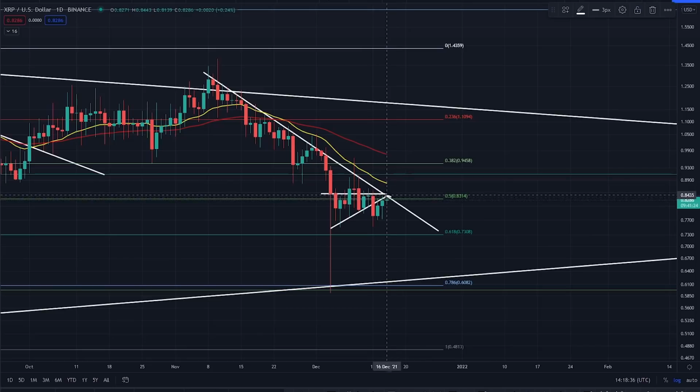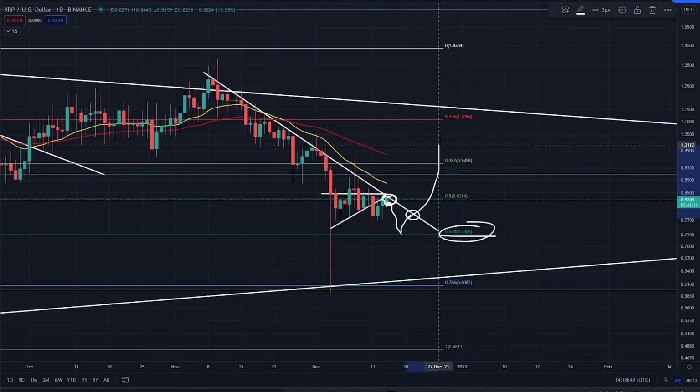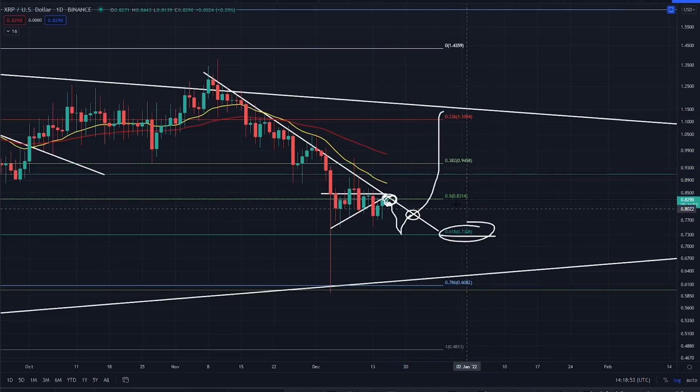So right now we're looking for the break of this resistance just there for XRP. If it fails to get through it, I would imagine you're going to come down and you get some beautiful little bids down here on 73 cents for XRP. Where you get a lovely little wick bounce, start to break that resistance, and that will be a lovely little long opportunity. Okay, if you do break this resistance, this will be an amazing little long opportunity, because what we're